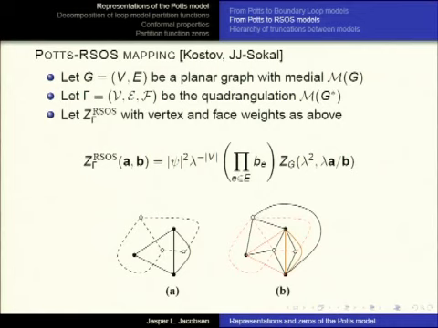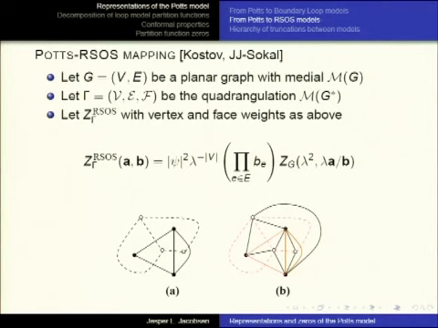I'm sorry, the star should have been outside, so it's the dual of the medial graph. And let the vertex and face weights be as above. Then there's a relation between the Potts model and the graph here. So the multivariate cut polynomial of the graph is related to the partition function of this RSOS model in this way here,